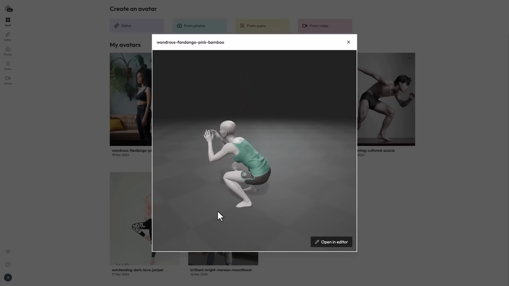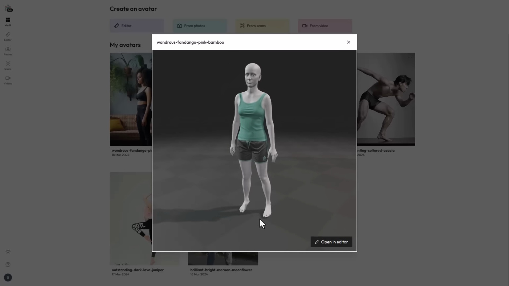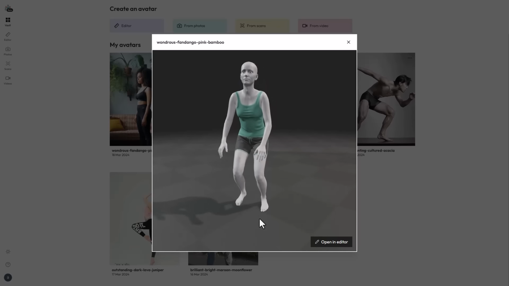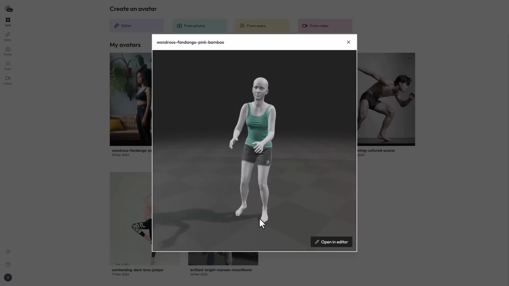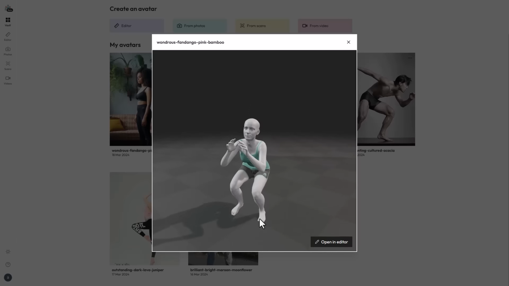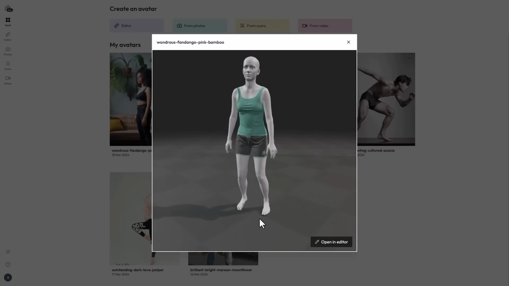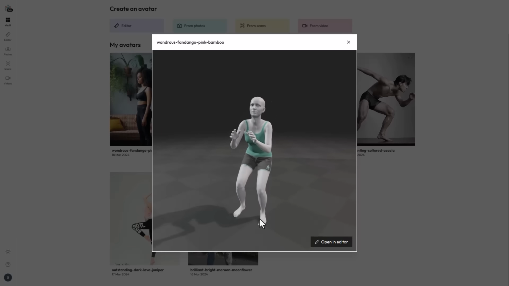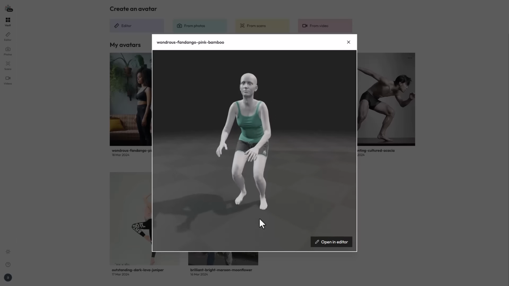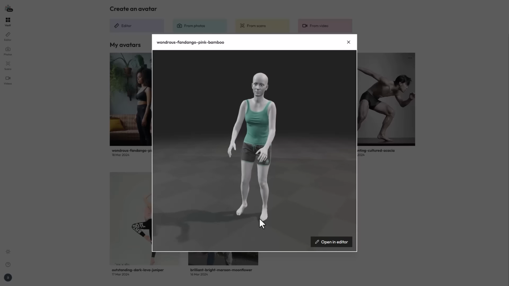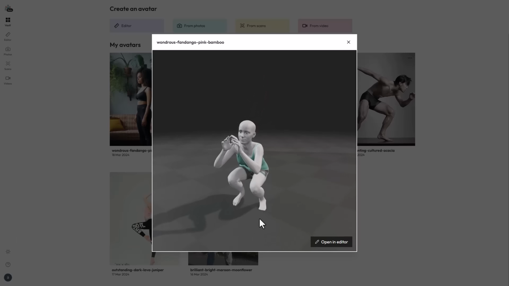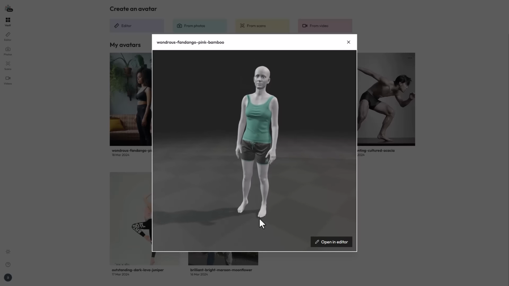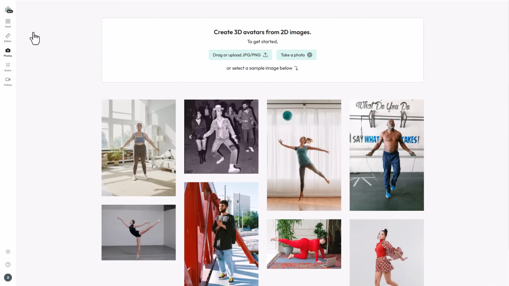Now there's a few things that I would like to also point out. For any file you're trying to replicate a 3D version of, I would suggest that most parts of the main subjects are visible, because if they are not, there are chances that these may not create a proper representation. To actually show you this, let's use the images that we generated. By default, if you go over to the photo section, or you'd like to create your avatars from a photo, you can. With the samples, because the body parts of the subject are fully visible, we do have a very good